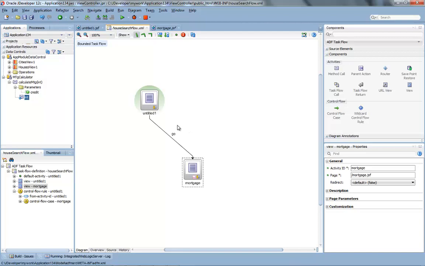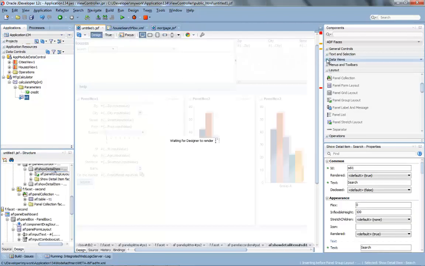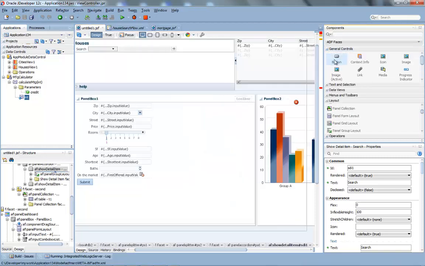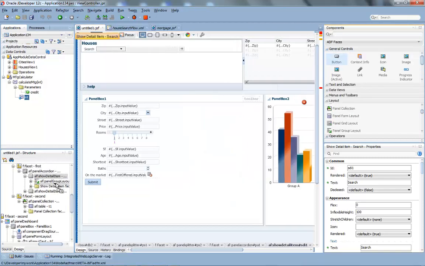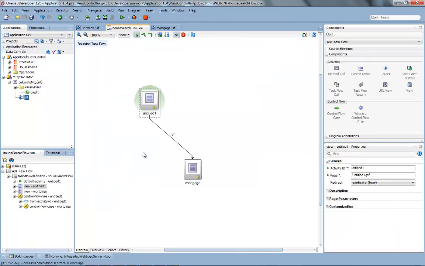So this would be our second page, and to navigate to this page from this page, we're just going to add one more button to this page. And this button is going to execute our navigation. This is using simple JSF flows. Right, so now we have a complete flow, and we also showed you that you can use any Java class